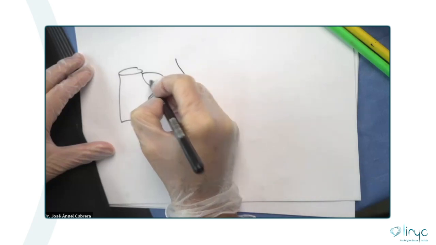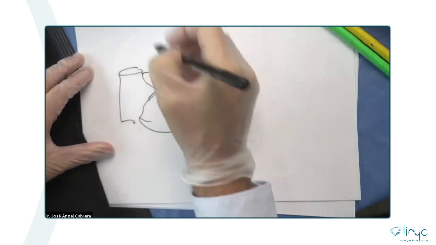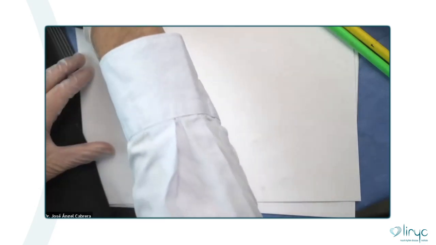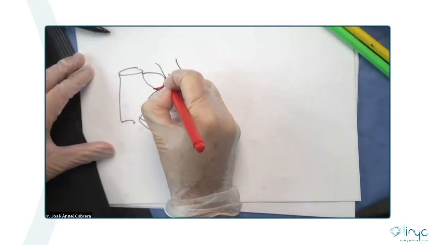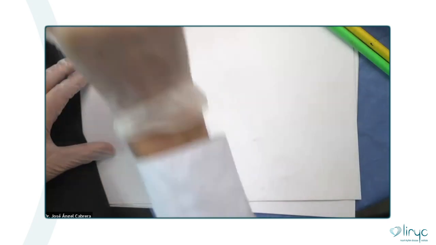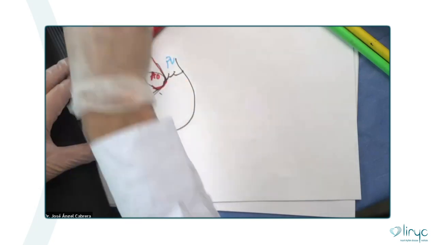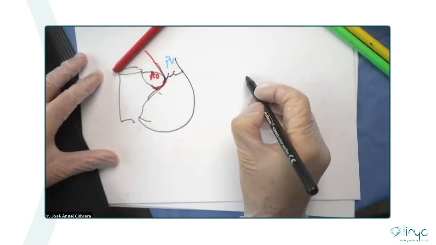Here we have the pulmonary valve, and all this area here corresponds to the aorta, and this is the pulmonary valve. And when we compare this with this figure,